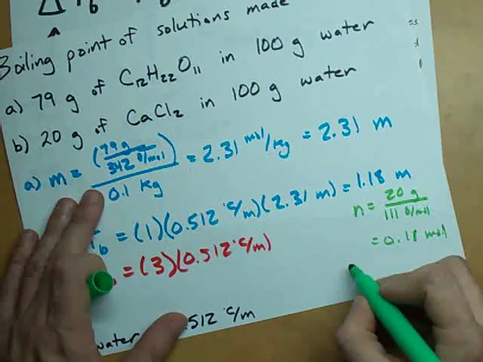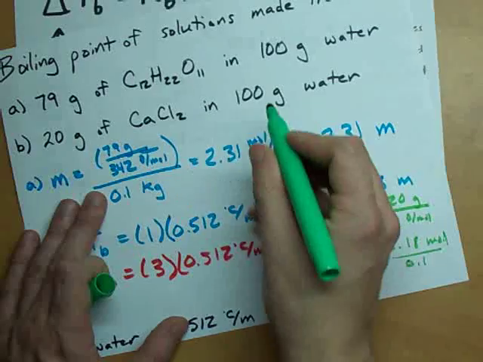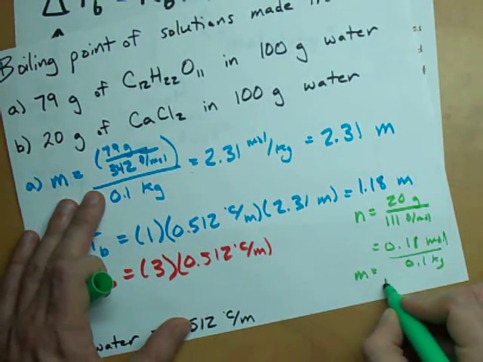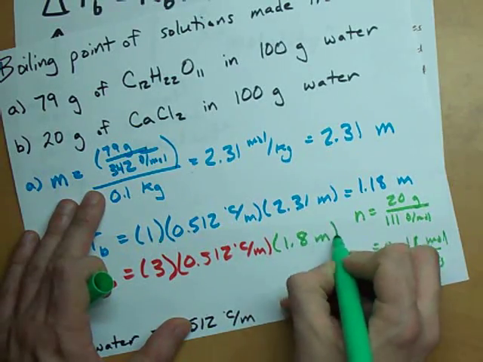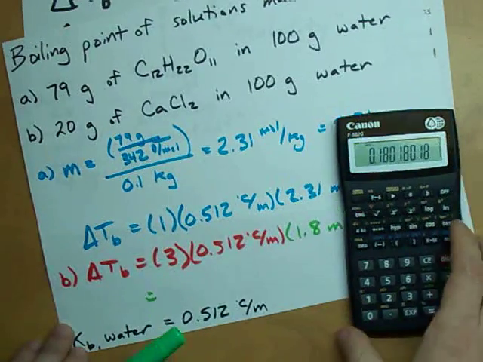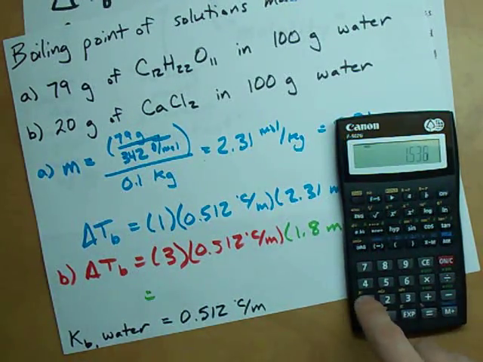And so the molality is, divide that by, again, 100 grams of water, or 0.1 kilograms. You end up with 1.8 molal. And when you do this calculation, the boiling point goes up by 3 times 0.512 times 1.8,